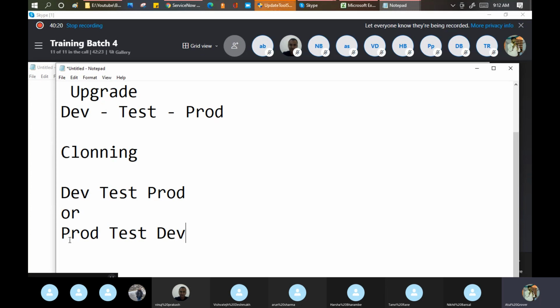So what ServiceNow says is, if you want to upgrade your system, first of all, sync your customization or configuration. I'm not talking about data here, Nikhil. Because maybe in dev you are on the X point and in production you are on the A point.